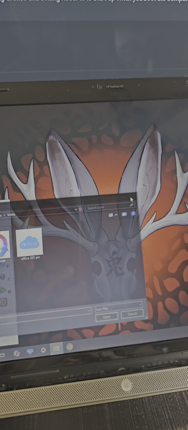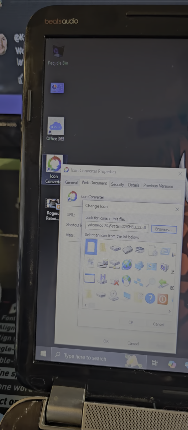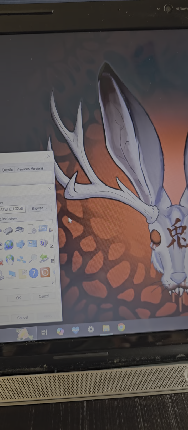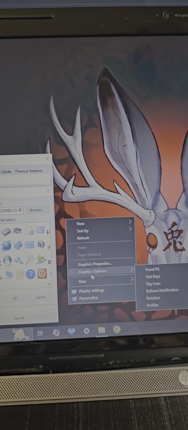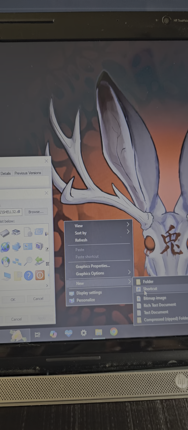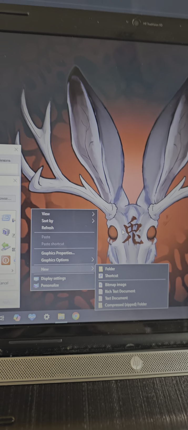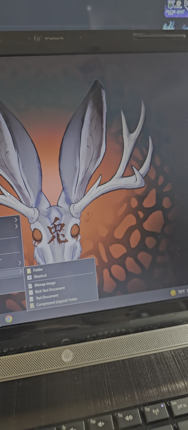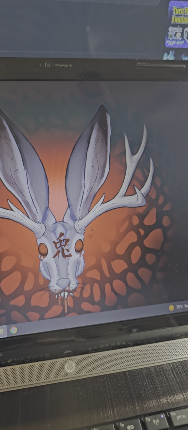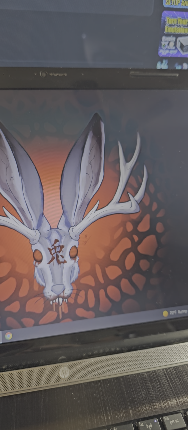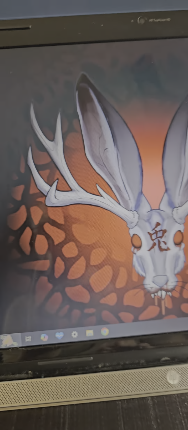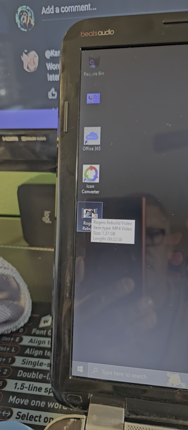Once you download them, put them inside this icons folder that's inside your pictures. That's where I keep all my icons at, and that way I can create custom icons for my applications. If I make, like, say if I make a shortcut, I can right click here and select a new shortcut, and then ask me to type in the location of that shortcut, like https www dot whatever. You can use it as a shortcut to go somewhere on the internet, and then you can create your own custom icon. And here is the video file